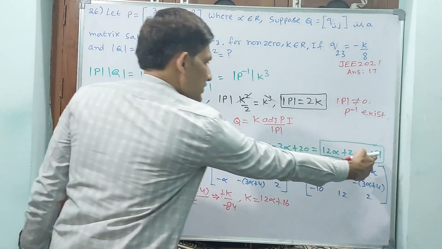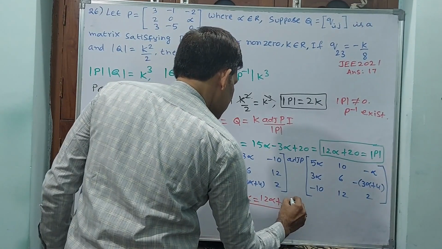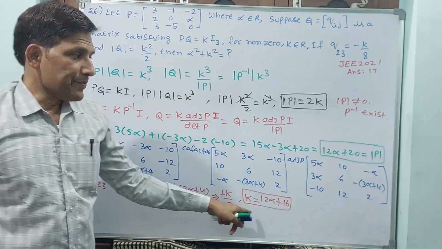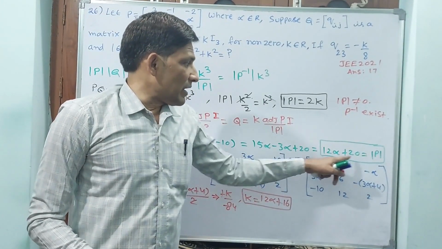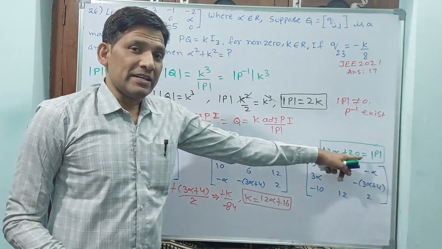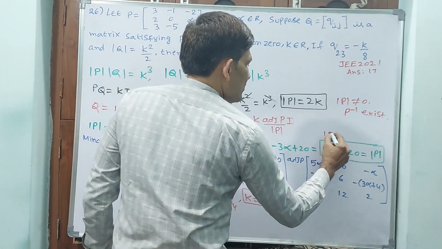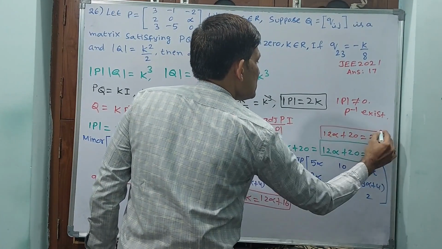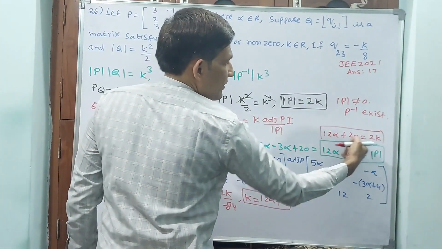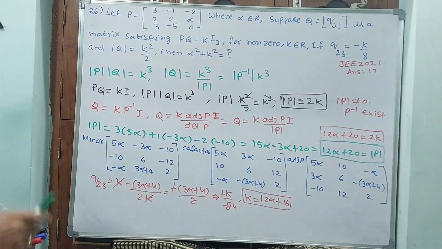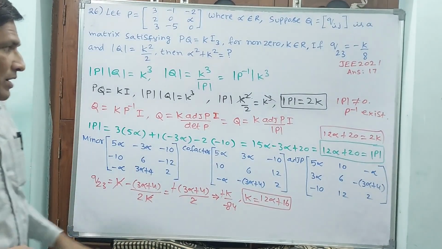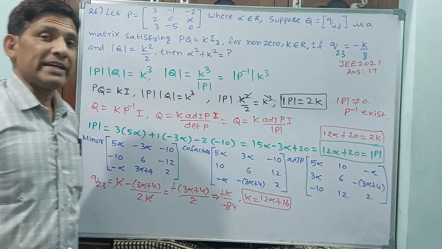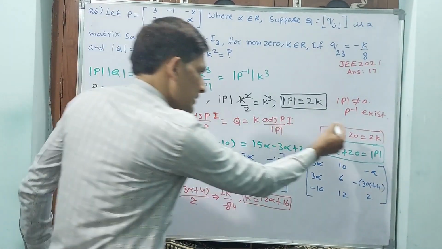Yes, determinant P. Okay, this also I am boxing. K in terms of alpha is there. P also in terms of alpha is there, but determinant P is equal to 2K we have already got. That means I can write this equation like this: 12 alpha plus 20 is equal to 2K. Why? Because determinant P is equal to 2K. Okay? Now see what I want to do. I want to subtract this from this, because 2K minus K will come, 12 alpha is going to get cancelled, and K value you are going to get.